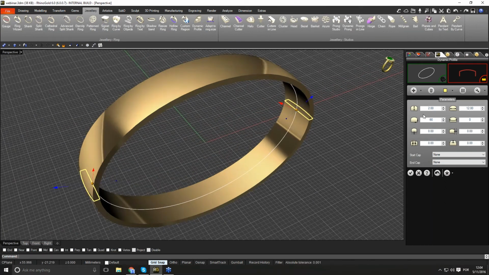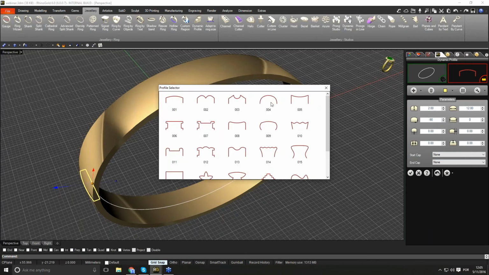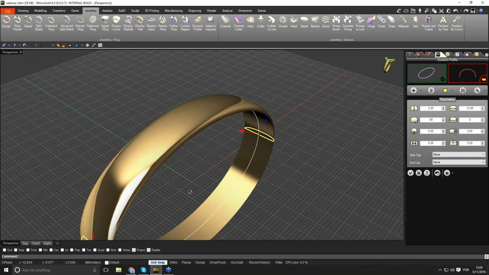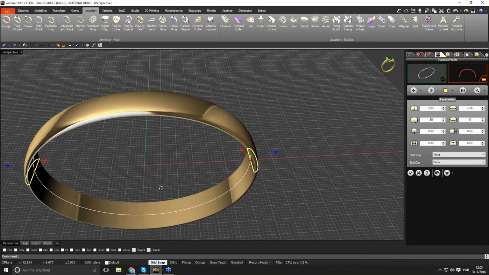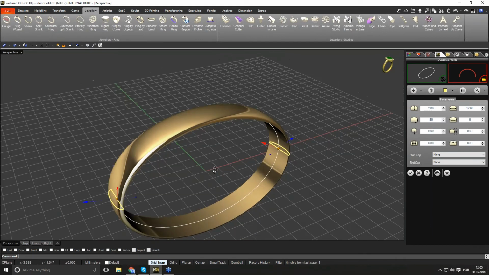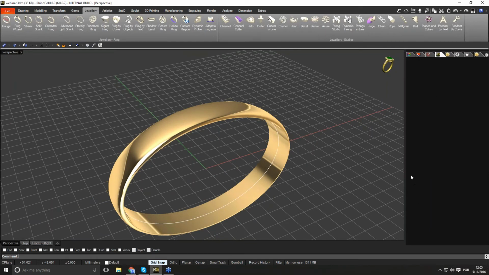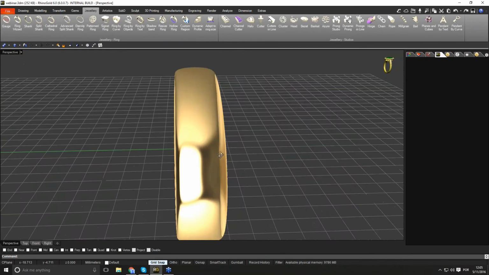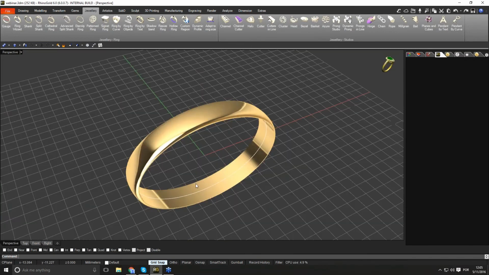I have the measures. The last thing I want to change is the profile. In this case I'm going to use the profile number 4, so I just double click to apply this profile, and as you can see now I have my bangle defined. I just click OK to apply the changes. As you can see, this is the bangle